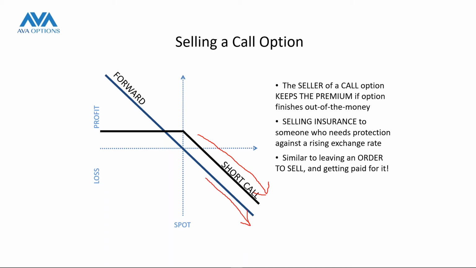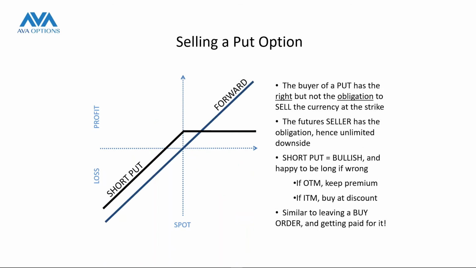What's the difference? If you're right, you're going to earn premium here or here. And even up here, you're still outperforming the underlying because you earned this premium. When you sold that option, you got paid for it. That's yours. That money is yours in exchange for accepting the risk of the market going higher.